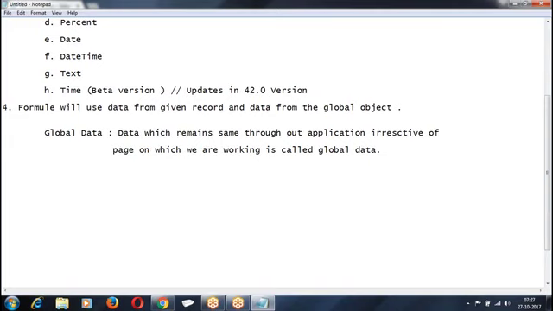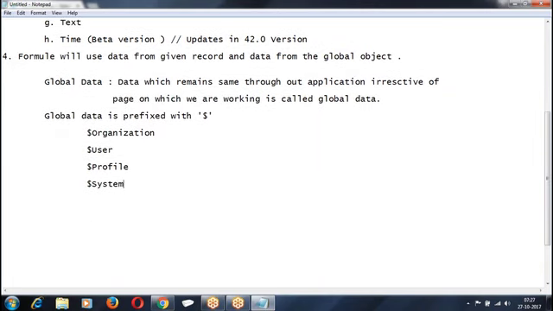How do you recognize global data? Global data is prefixed with a dollar symbol. So how do you refer to it? $Organization, $User, $Profile, $System. Like this, all the global objects are prefixed with a dollar symbol.